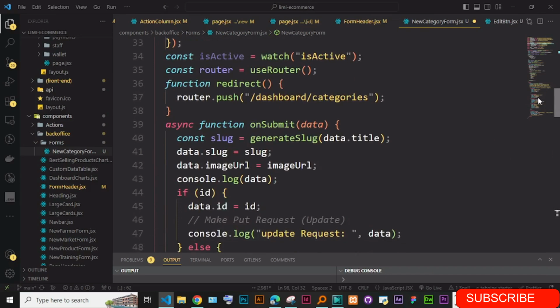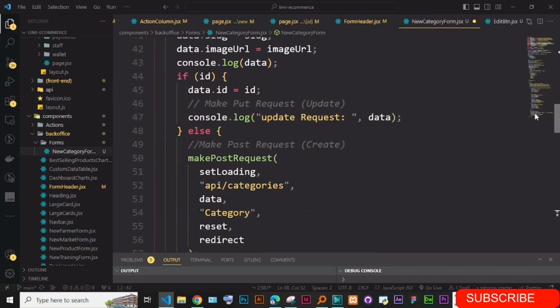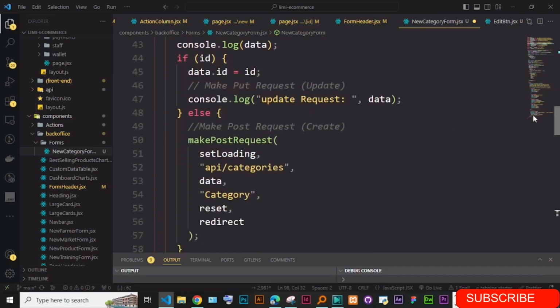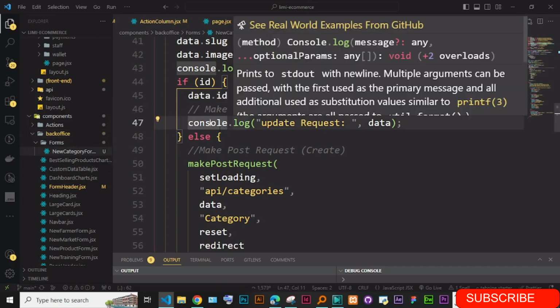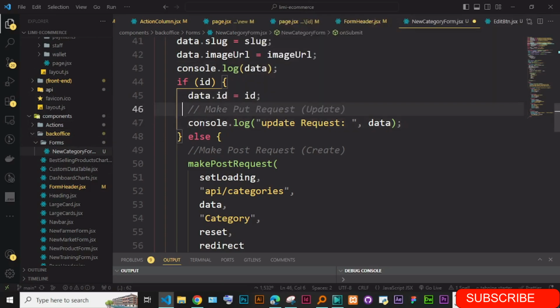Okay, so we want to now make the put request because we have everything we need. We have the data with the ID and all the information. The most important thing is that, before we go to the put request, we need to actually make the endpoints. Okay, so if you just go and look at the put request where we have this post request,